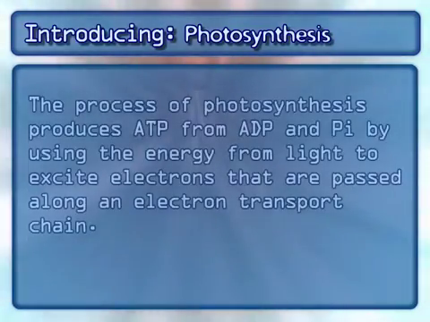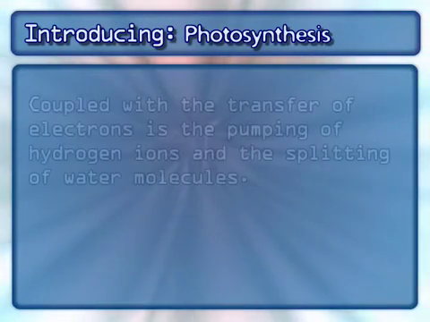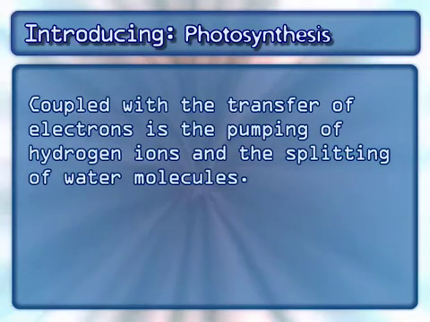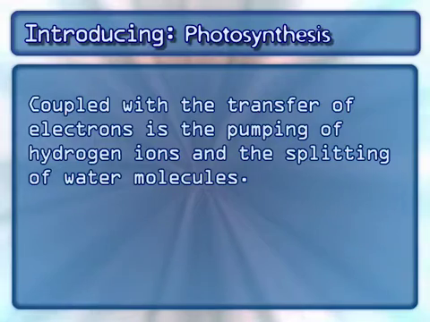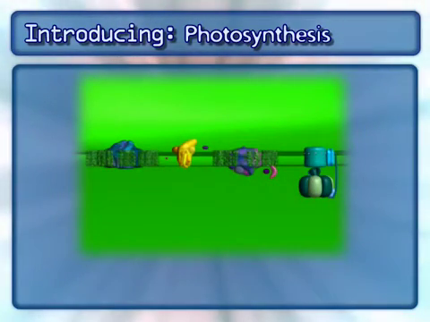The process of photosynthesis produces ATP from ADP and PI by using the energy from light to excite electrons that are passed along an electron transport chain. Coupled with the transfer of electrons is the pumping of hydrogen ions and the splitting of water molecules. The following complexes are found in the photosynthesis electron transport chain: